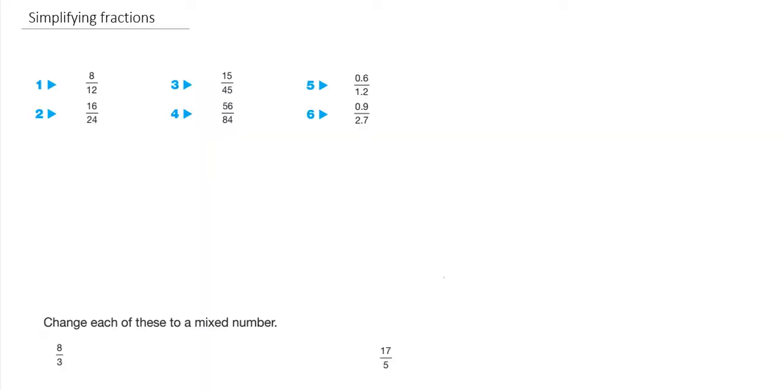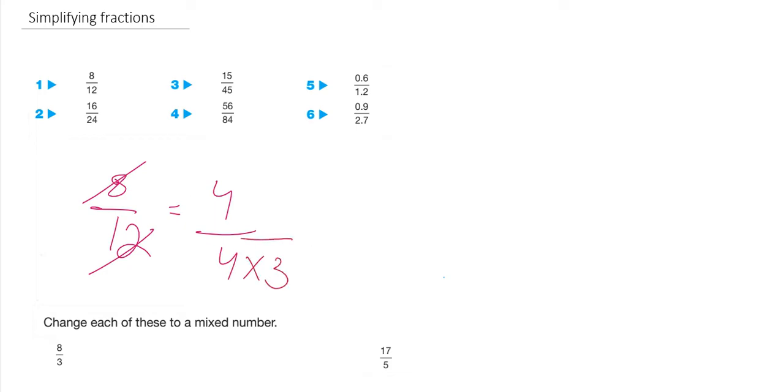In this section, we will discuss simplifying the fractions. We have the given fractions and now we have to convert them into mixed fractions and simplify it a bit more. Like, for example, we have 8/12. We can simplify it a bit more like this. And you can easily cancel out the numerator terms and denominator terms, and we get the more simplified form of